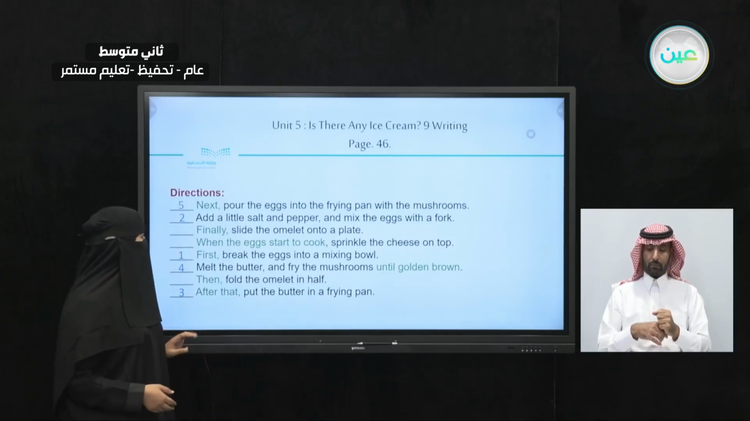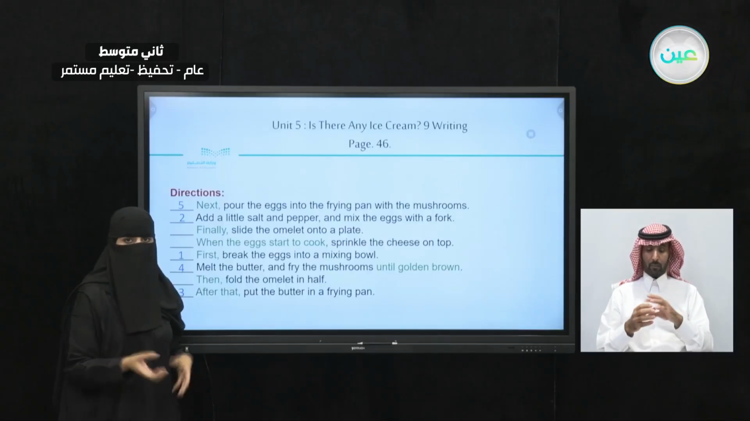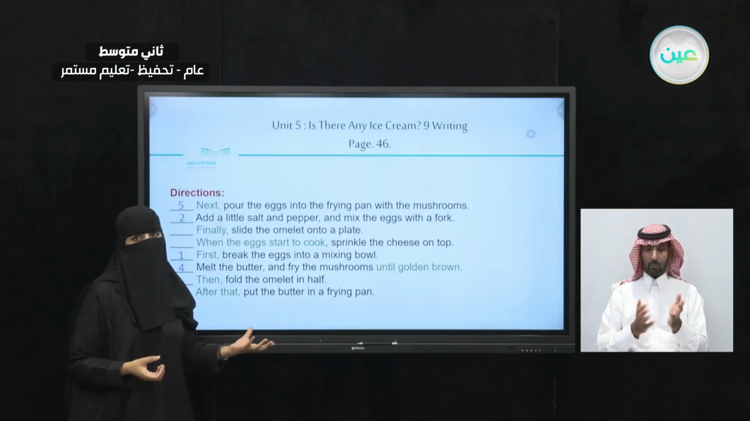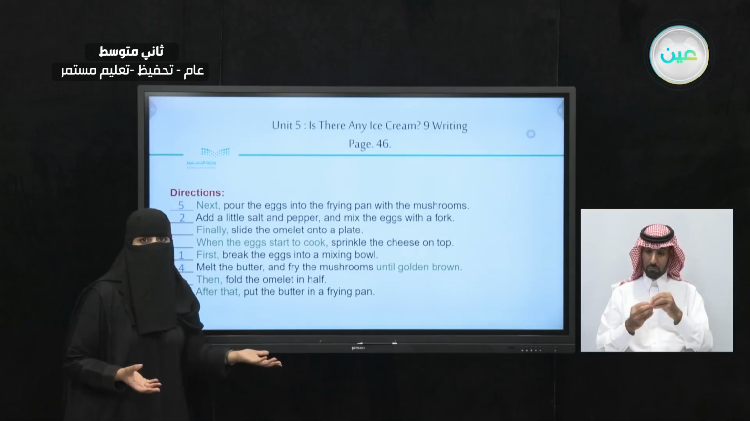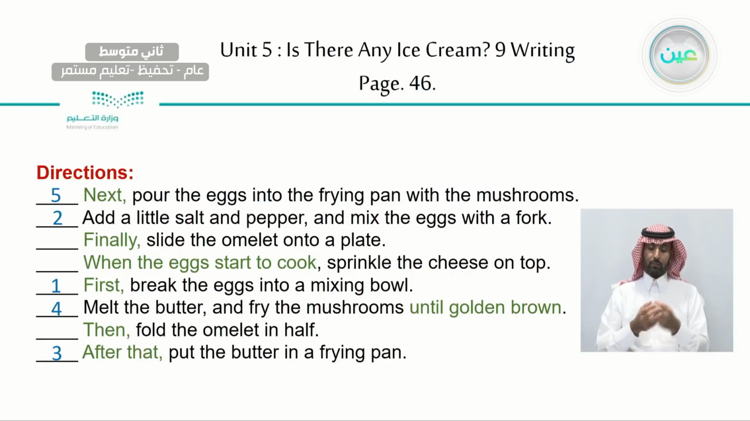So what's going to be next here? Next, pour the eggs into the frying pan with the mushroom. So now here, next pour the eggs. Now I did mix the egg separately. We did fry the mushrooms until the change happened to the mushroom, until it's golden brown. What are we going to do? Put the egg into the frying pan with the mushrooms. Now, after that,